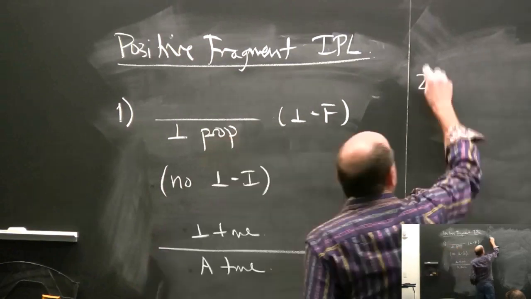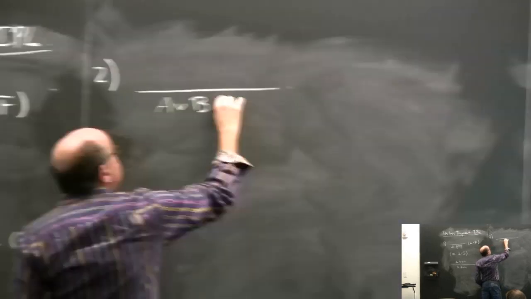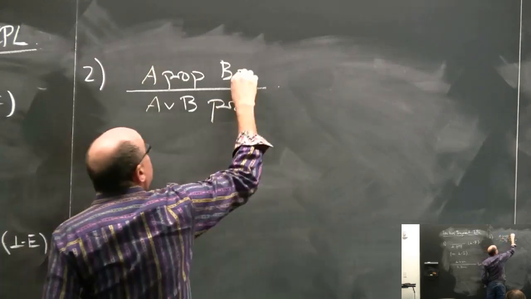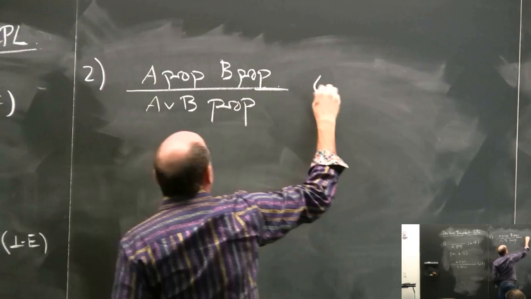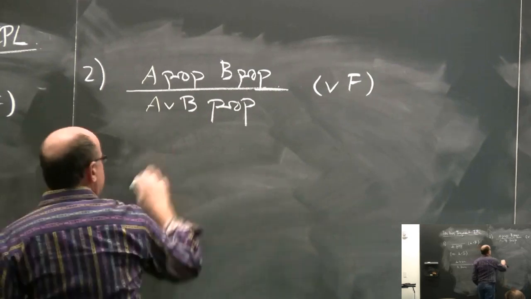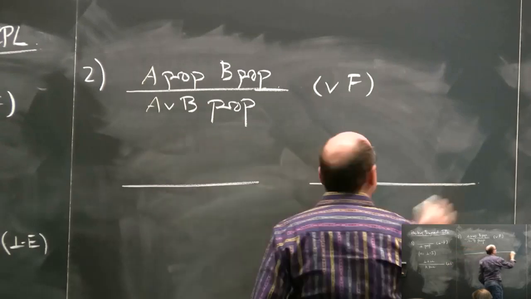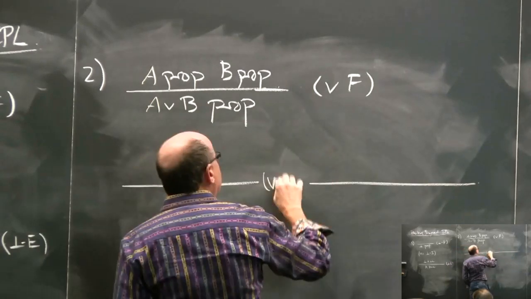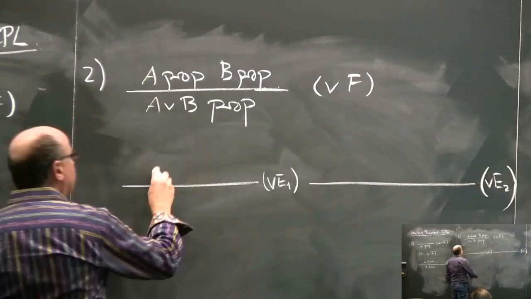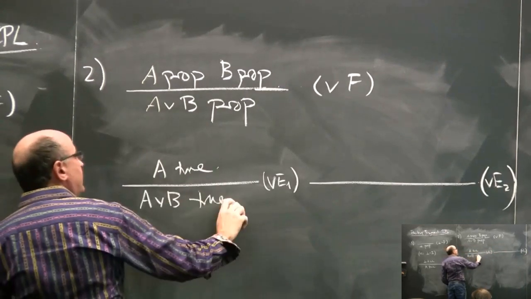Okay, and now 2 is going to be the disjunction. And that's where the action begins. Okay, because this introduces something important. So that's disjunction formation. Okay, which says you can disjoin any two propositions. That's the notation. And now the question is, what are the introduction and elimination rules for disjunction? So we're going to have an or introduction left or 1, or whatever you'd like to call it, 2. And the idea is that if A is true, then A or B is true. A or B represents a weakening, right?